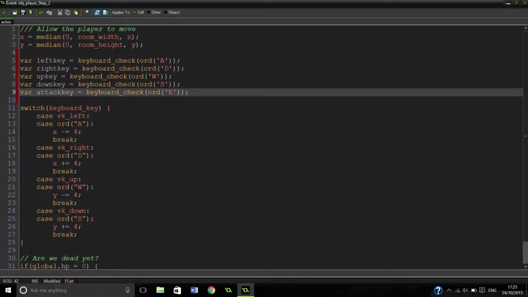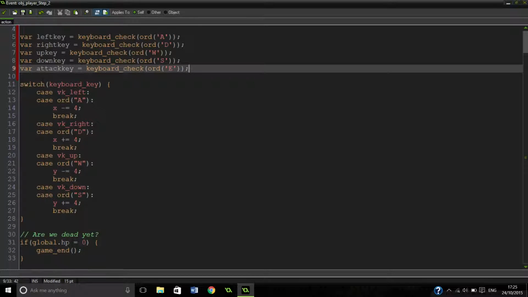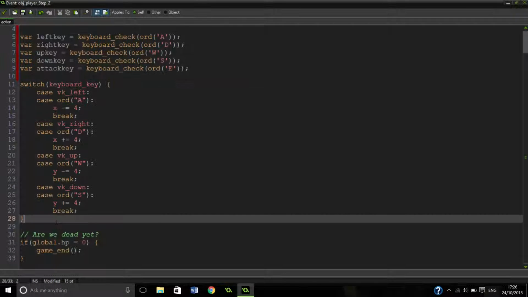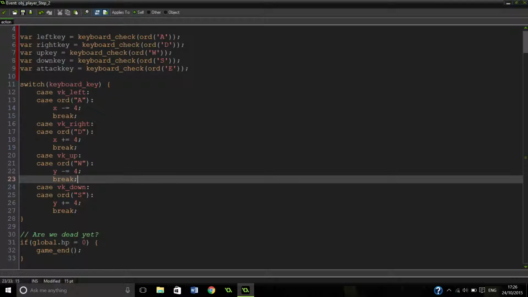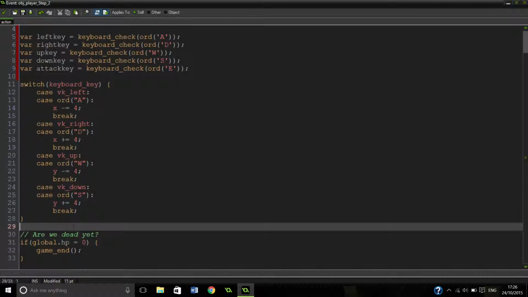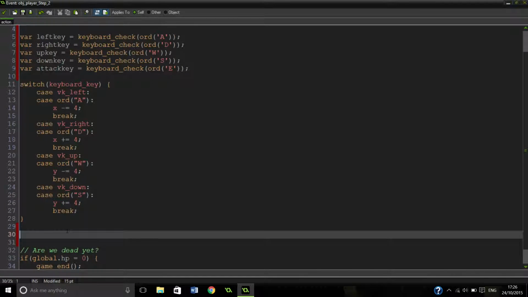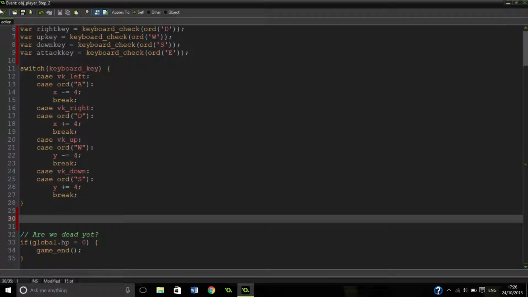So there we go. Now we've got all of our things. We're going to keep this as it is at the minute. You can change it to using these, it'll be more efficient, but this works. So underneath the "Are we dead yet?" bit, we're going to